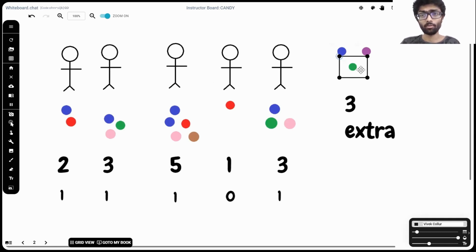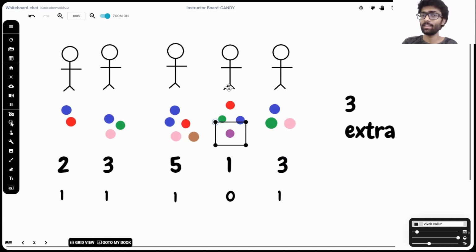Let's have a look at kid 4. We already know that even if we were to give him or her every single extra candy, this kid would never be able to achieve the maximum number. So do we really need to consider every possibility? What's the point in considering the other scenarios? If I were to give the kid 2 candies or if I were to give the kid 1 candy, there's no sense in considering them because if we were to give that kid every single candy, he would still not achieve the maximum number of candies.